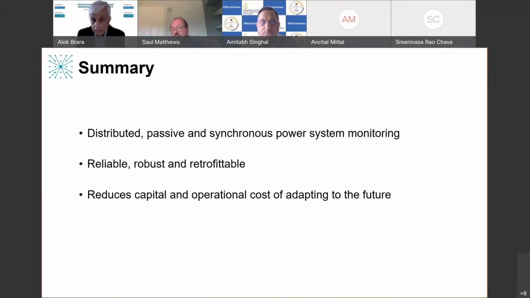And for us, the real purpose of talking to you today is that we want you to be aware that we can dramatically reduce the capital cost of instrumentation of these networks, improve the granularity and the accuracy of real-time monitoring and measurements, and that will help power system operators reduce the cost of adapting to these future supply and demand scenarios. So I hope that makes sense for everyone as an overview.